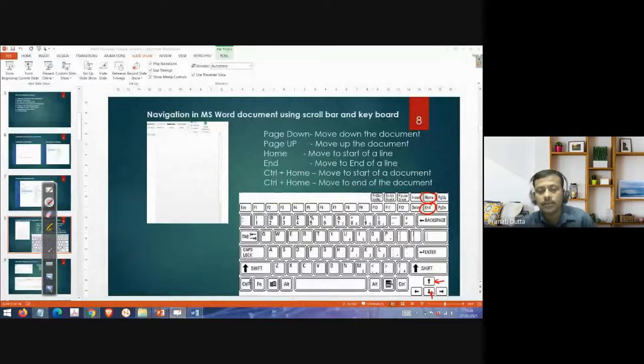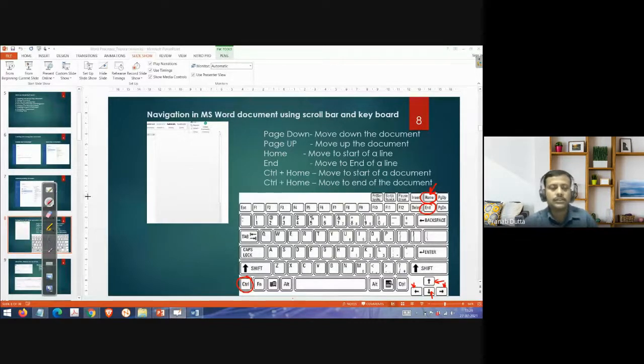That means this Control and Home button we have to press simultaneously. Now here the home and end buttons are given separately. If you are using around a 13-inch laptop, then that will be mentioned here itself. This is home and this is end, they will mention it there. So in that case, you have to use the function key and Control, function, and this home and end button. You have to press it.